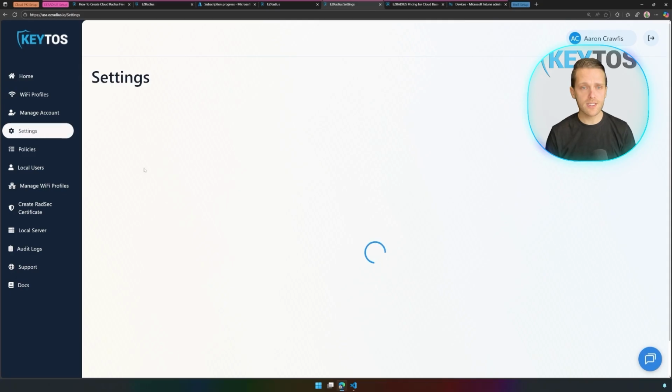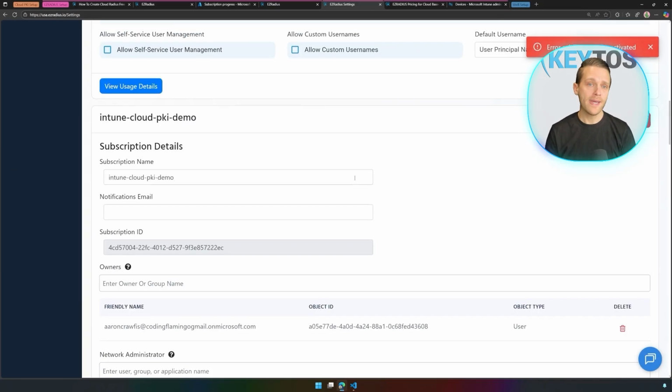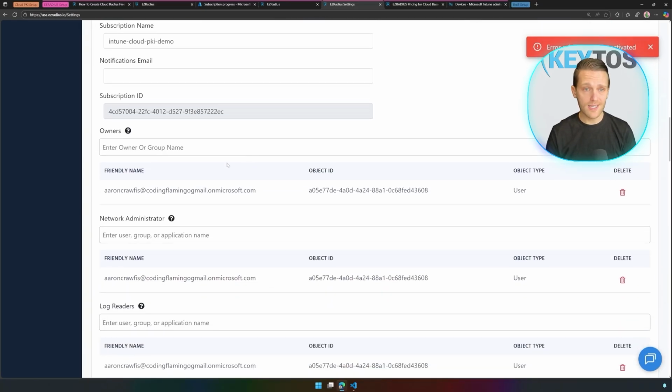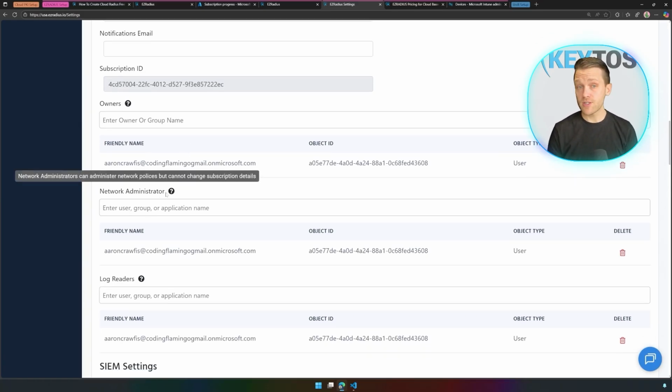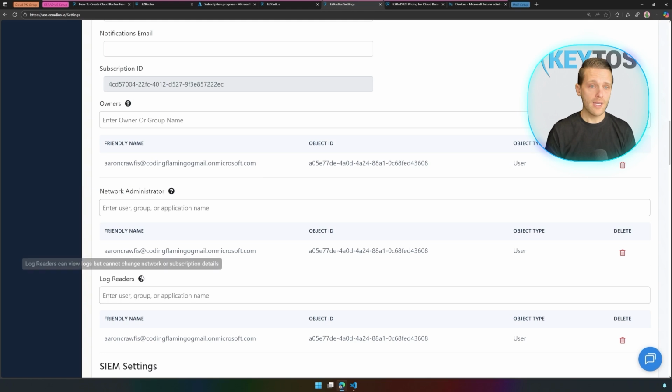But underneath settings, let's scroll down and we can see that same Intune Cloud PKI demo that we just deployed. By default, we add the user that created that offer as an owner, which allows you to update the subscription, make changes, add additional users. There's also network administrators, so you can change the actual Radius policies and networking rules, but not the subscription itself. And we also have log readers for those users in your organization that just need to read the logs. And you can add users, groups, or applications here from your Entra tenant, so we make it easy to manage